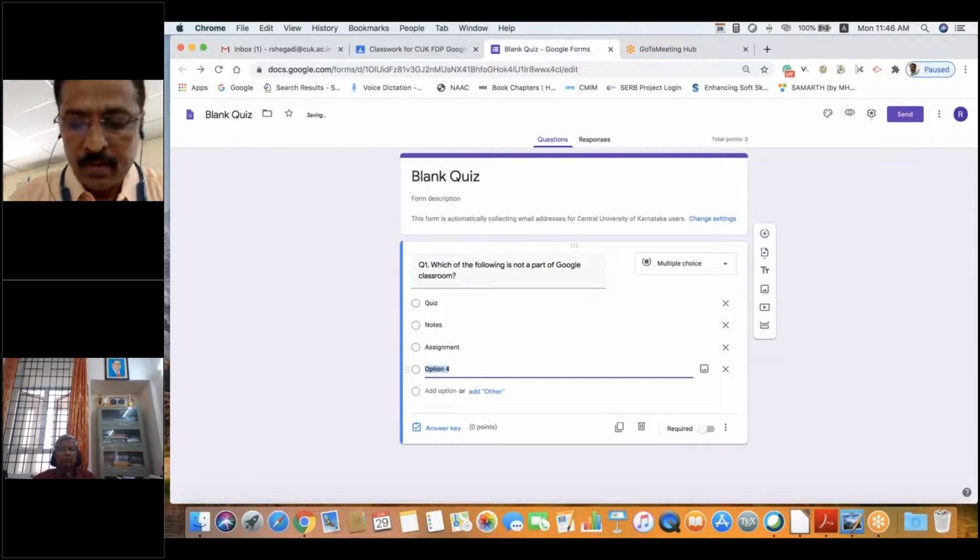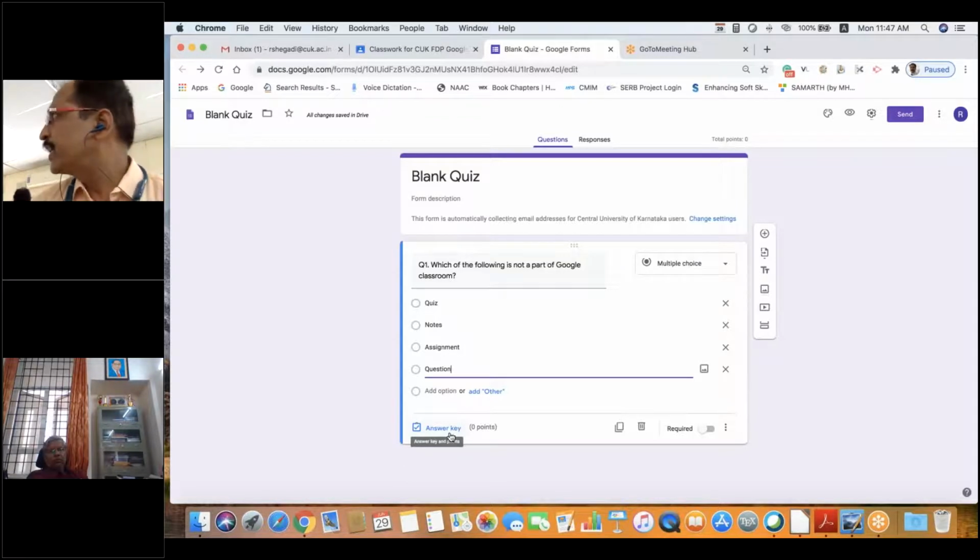Fourth option, question. So four options I have given, and which is not part of Google Classroom? Quiz is there in Google Classroom, assignment is there, question is there. We don't have notes in Google Classroom. So for that, I have to give the correct answer.